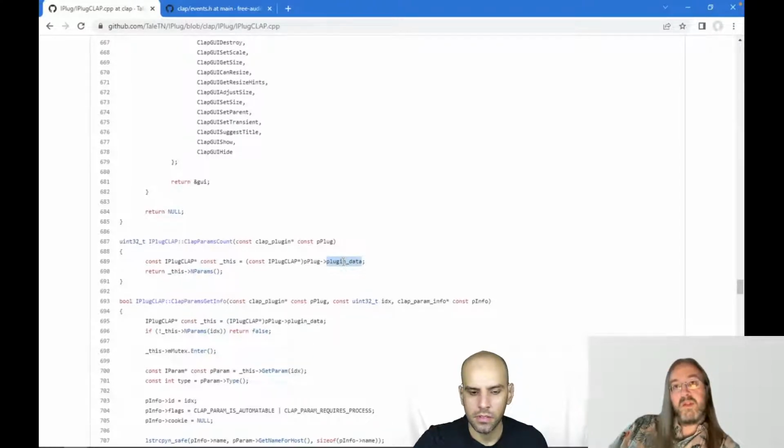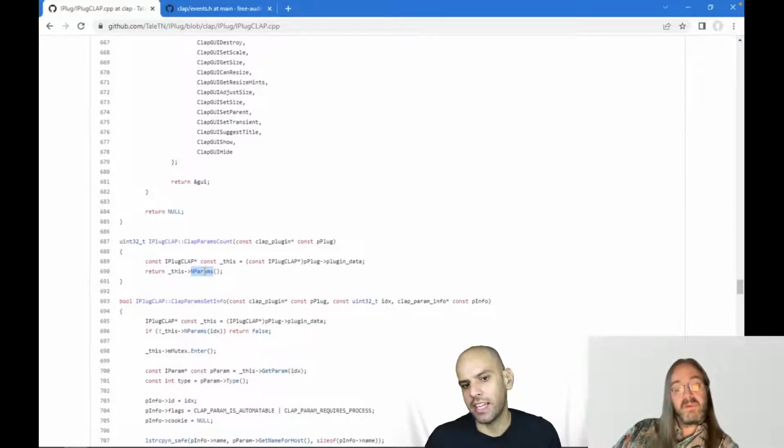So what I did when I created this plugin in the constructor, I filled that member variable with the dis pointer, and now I can get the dis pointer out of there again, and then use it to return the number of parameters for my plugin. Okay, that's a bit of handstanding there, but it's only because you already have all this infrastructure in place, your iPlug infrastructure, and you want to glue that to the way clap works.